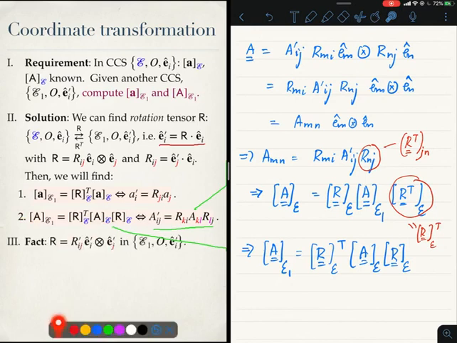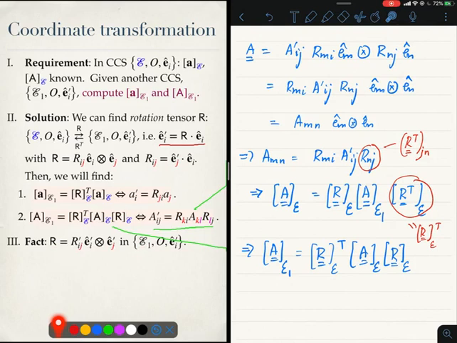Now what you will notice is that I have to be a little careful in how I work with the components of R. I keep saying, please note that you are using this formula, therefore what you know are the components of rotation tensor R in the old coordinate system. So this bookkeeping may become troublesome and may lead to errors. What I am going to show you now is something which will simplify your life. Let's write down the rotation tensor in terms of the new coordinate system, in terms of E1. It will be R prime_ij, e_i prime tensor e_j prime. There is no mystery over there.